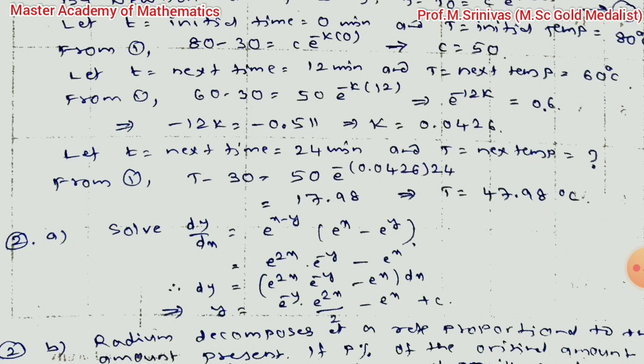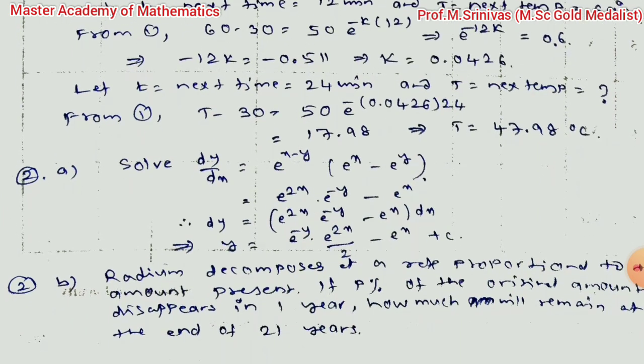So in order to make the simplification, I am multiplying out your right hand side, so that dy equals (e^(2x) · e^(-y) − e^x) dx. On integrating, y equals, you will get one particular answer. It is very simple, of course. You could use different procedures, but this is the easiest way to get your final answer.